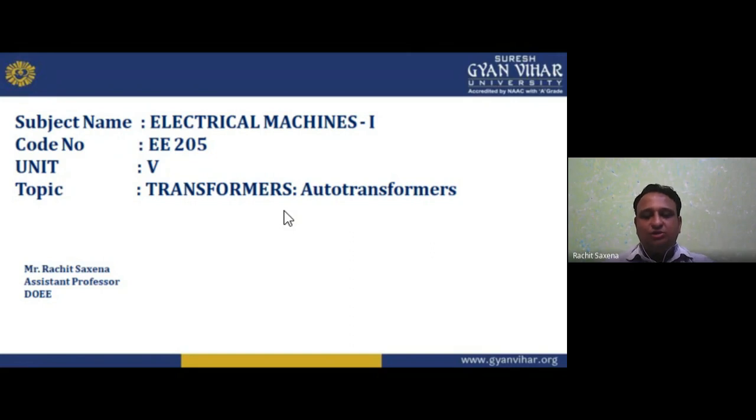We have the same losses similar to those in DC machines, that is, eddy current and hysteresis losses. The difference between the DC machine and the transformer is that the transformer works on AC, but the DC machine works on DC and gives output in the form of DC. Second, the transformer is a non-rotating machine, because in it we transfer the voltage from one circuit to another without changing its frequency.